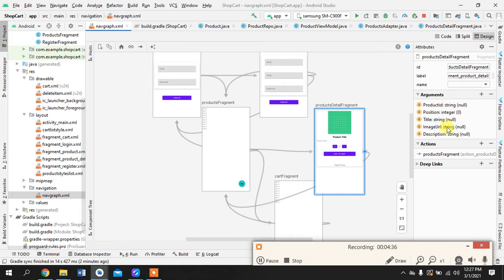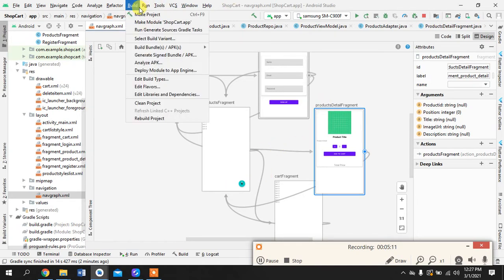But you get the idea of what I have tried to do here. Like in an intent, when you use intent dot put extra, this is the way we do it in the latest navigation. Also, once we are going back, let's say we have chosen a quantity, then we are going to display it here, right? So we have to send that back also. Yeah, or maybe not. But once you have added the arguments, go to build and rebuild the project,